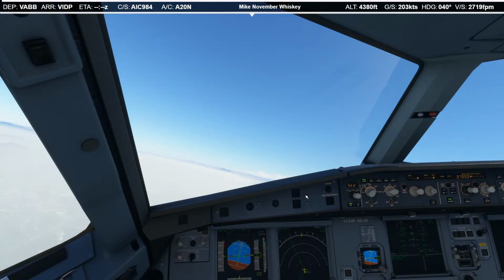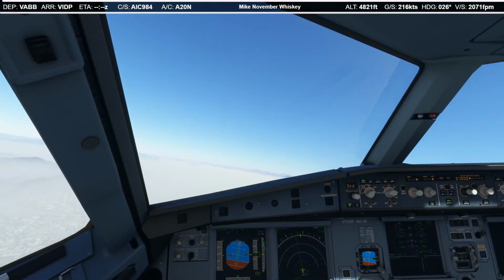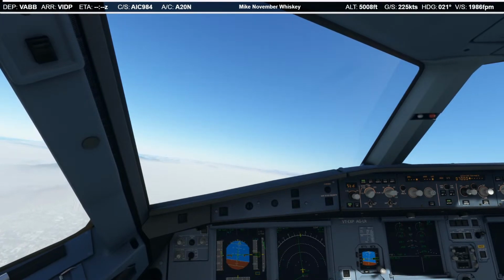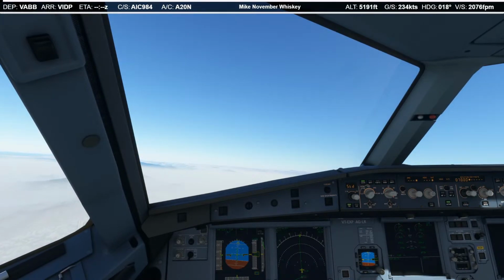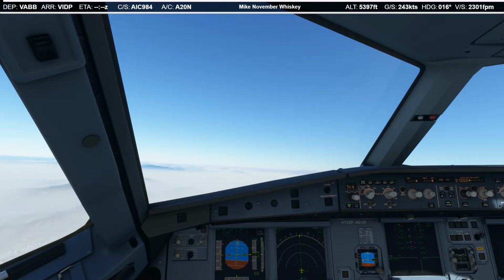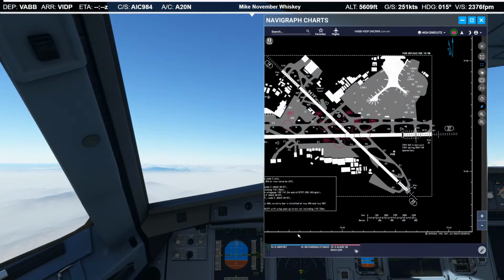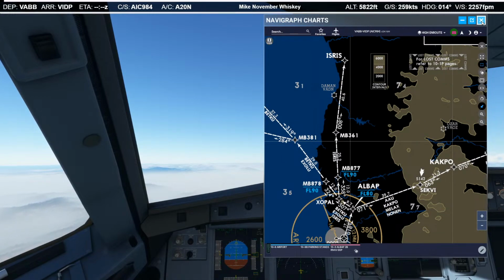Standard QNH. And flaps retract, spoilers disarmed. Go ahead and turn on autopilot. And since we're on Unicom, I think we had to cross VABB at 8,000, so we'll pair ourselves up to 8,000.